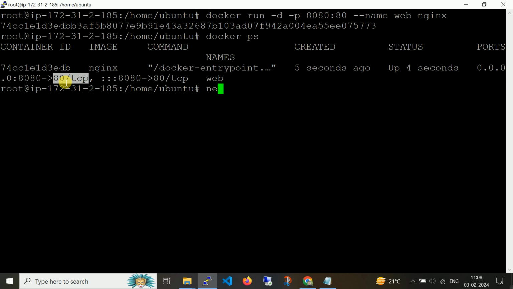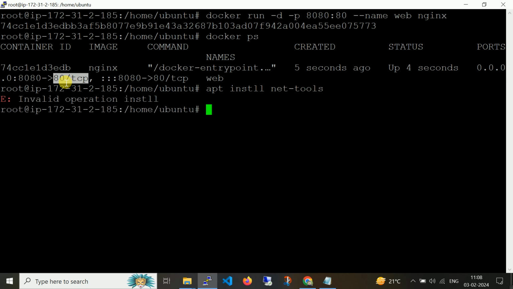So let me check. The netstat command is not installed. Let me install net-tools.